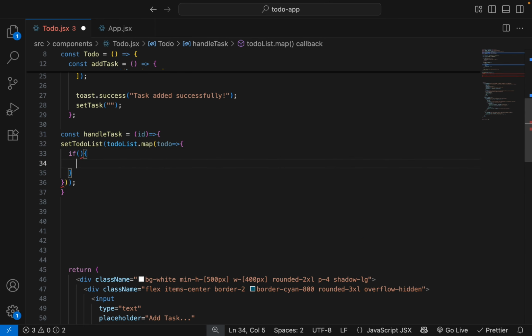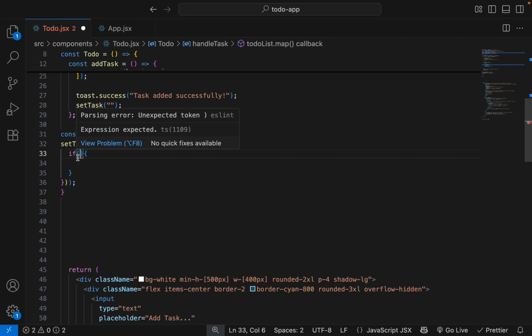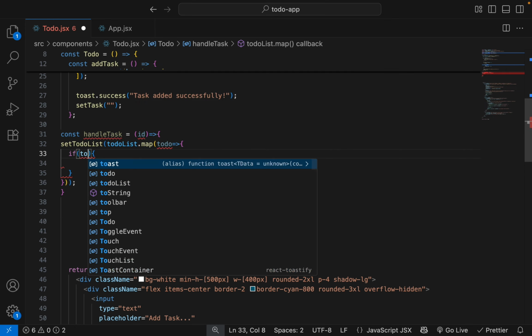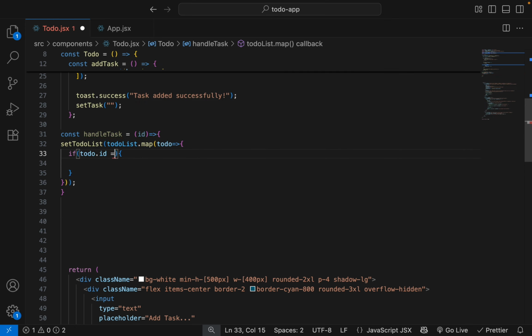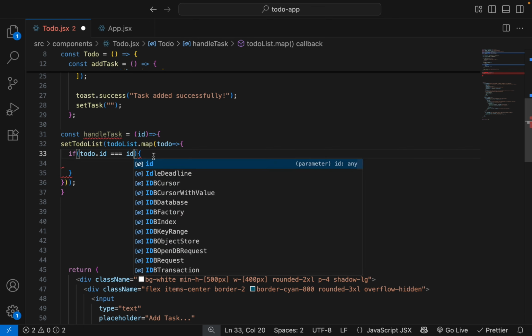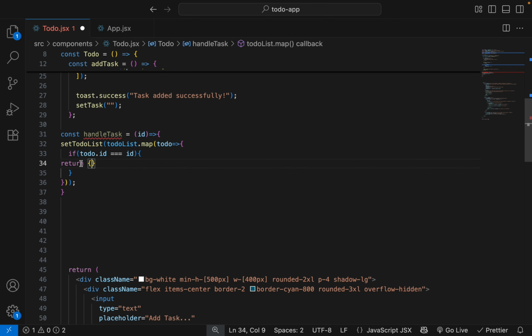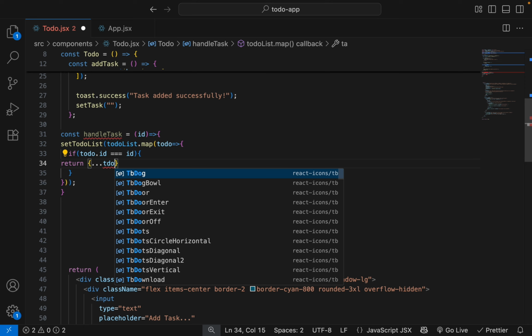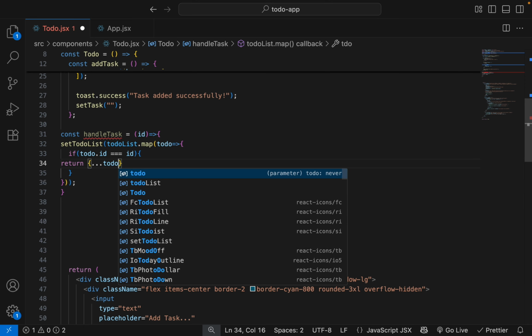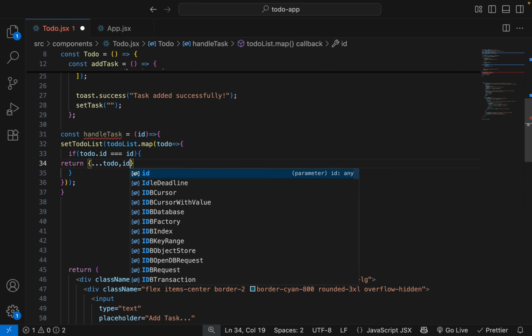Inside this we will check if to do id is equal to passed id. Then return task object with updated status.